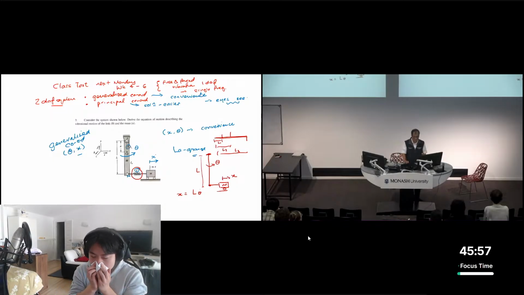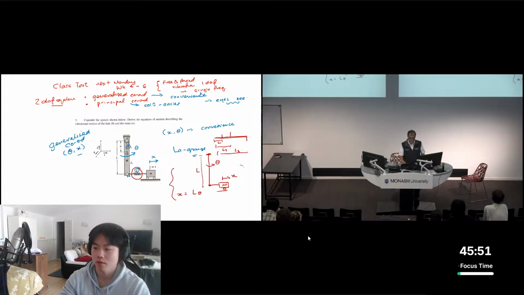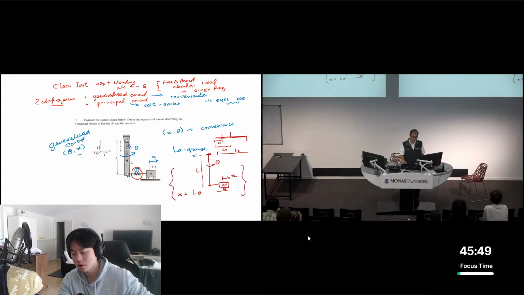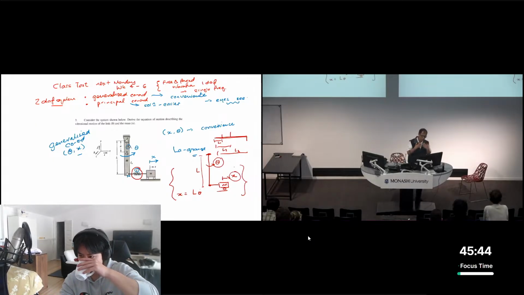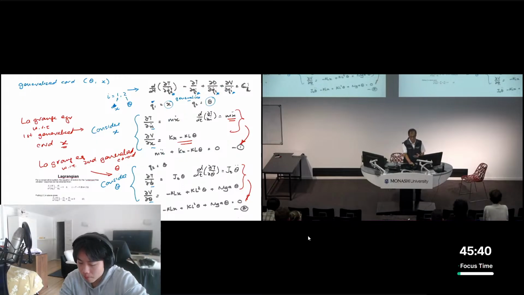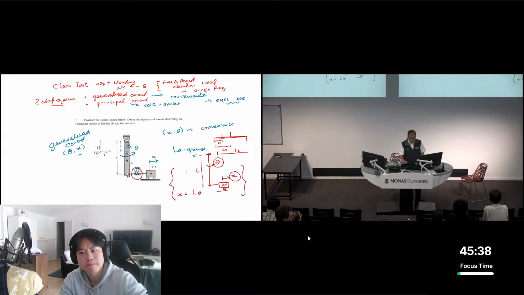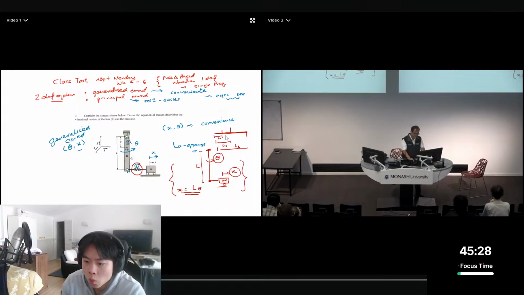So the good thing about Lagrange is that if you were considering this, and you say, okay, I'm going to treat this as a 2 degrees of freedom system, when you do your Lagrange equations, you will find that it will all reduce to a 1 degree of freedom system. You can actually write it in terms of theta or x. It's up to you. But in this case,